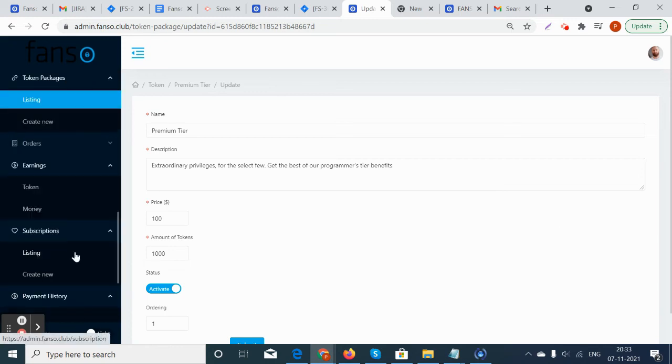And they can also tip each model with the tokens. So this way the users can purchase the token packages.